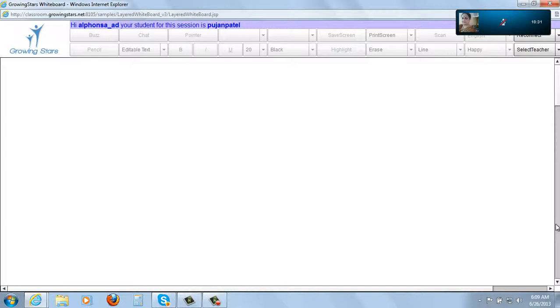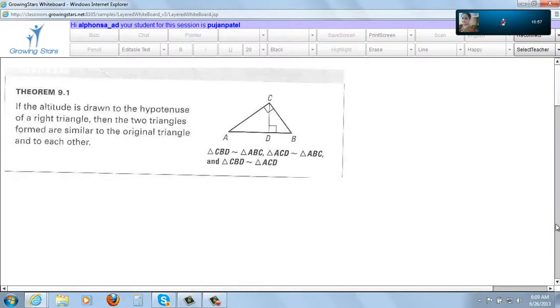Okay, so today I was thinking of going into right triangles. We've been on circles for a long time, isn't it? So I thought it's time we start off with right triangles. This is the worksheet I've prepared for this lesson. In right triangles, the first theorem to be done is one of the most important theorems. This theorem is very helpful in proving the Pythagoras theorem also.